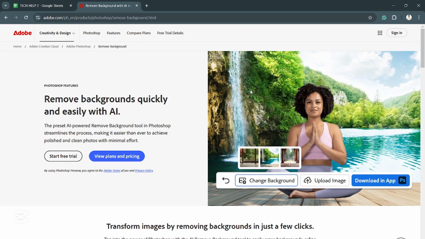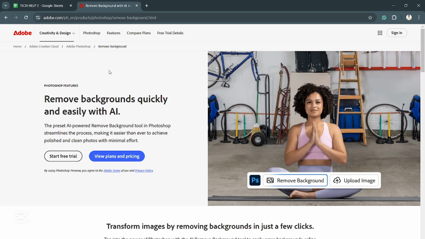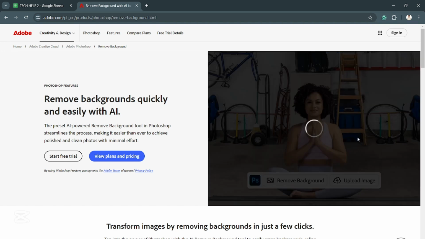So today I'm gonna show you how you can remove a background in Adobe Photoshop. So currently we are in their main website. So here you can already see how you can remove a background. So if you upload an image just like this one, automatically there will be an option. They will prompt if you want to remove a background. So if you want, just click on remove background and automatically Adobe or Photoshop will remove it for you,